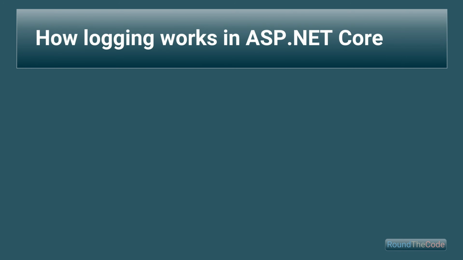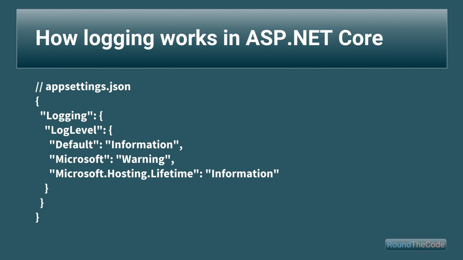It's also worth noting that a deeper namespace would take priority. In this example, a log would be written if it was inside the Microsoft.Hosting.Lifetime namespace and had the Information field set as part of its log level. However, if the log event was written inside the Microsoft.Hosting namespace and had the Information level set, the log would not be written. This is because we are specified not to write logs inside the Microsoft assembly unless the log level has a severity that is equal or higher to the Warning field.